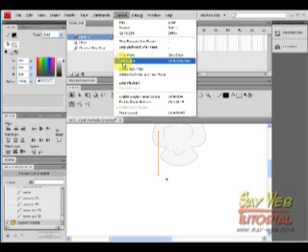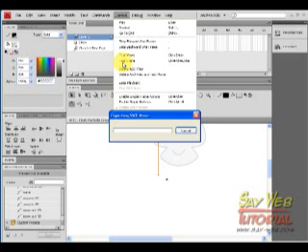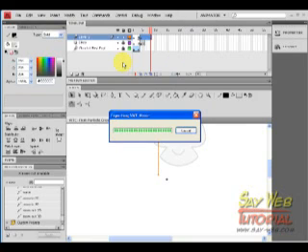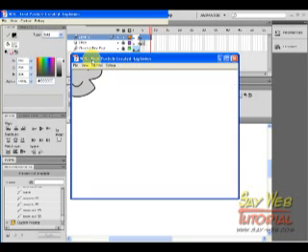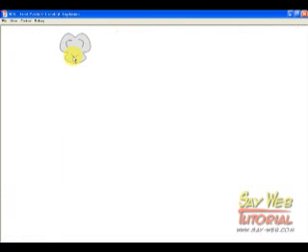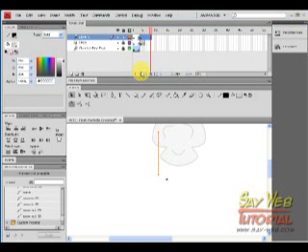Flash CS4. And before we apply the same motion preset over and over, let's test our movie to see what we are doing. I know that it doesn't look like the explosion you saw, but it's taking shape. Slowly it's taking shape. Now it's pretty much done with this layer. For each one of the particles we will be